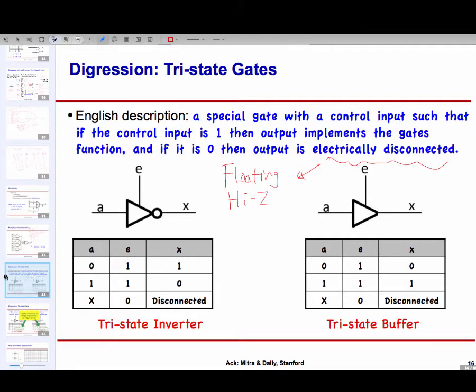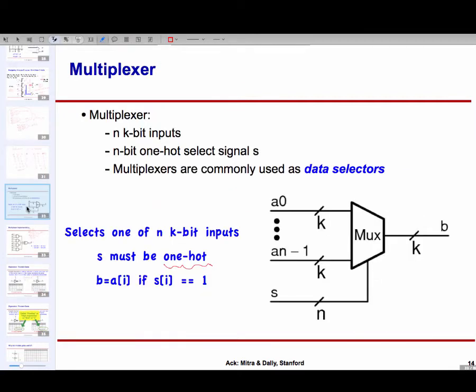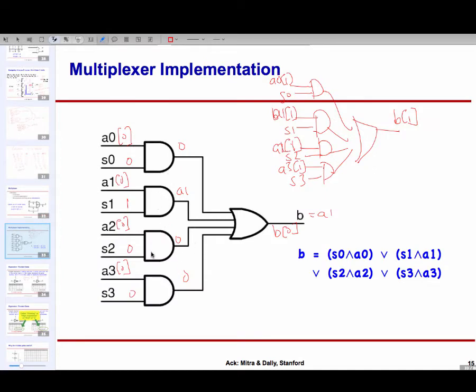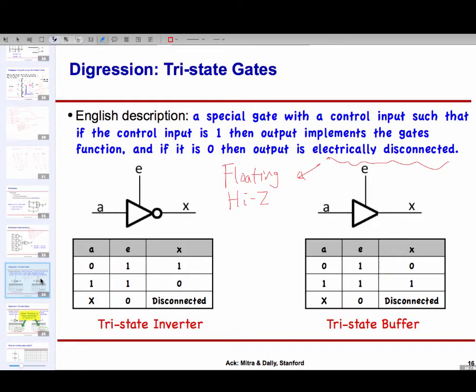N is very large, and if I were to implement it naively, as shown out here, then I would need many OR gates, and I would need a huge number of AND gates, and I'll need a huge OR gate. Instead, we begin to rely on, and this is one place where we begin to go into the physical implementation of the gate. In particular, imagine a gate.